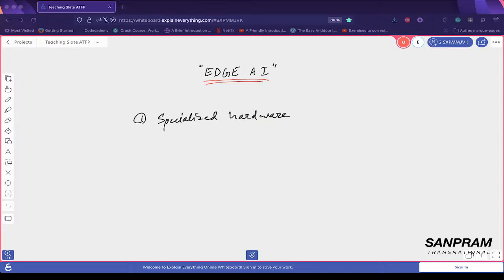Which means new semiconductor chips, which are smaller and take less power and provide high performance. Performance basically means they're fast, right? So that's number one. And number two, you need specialized software,